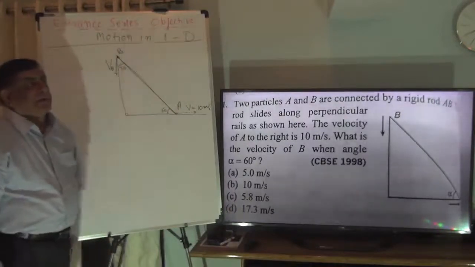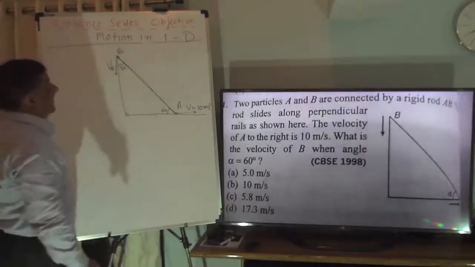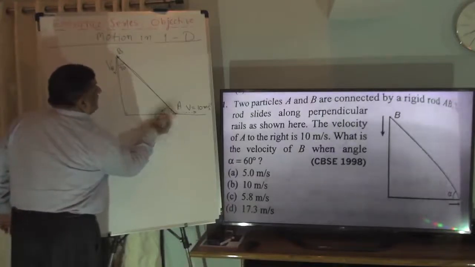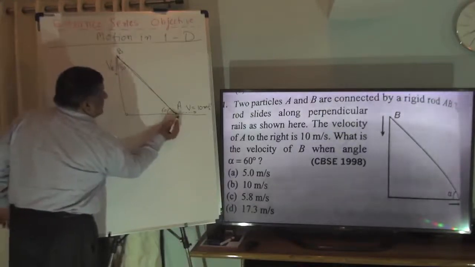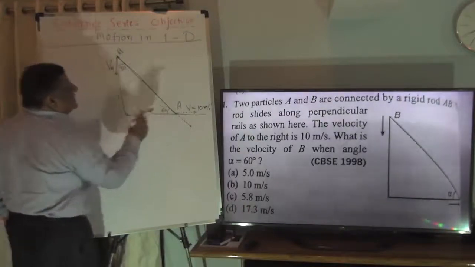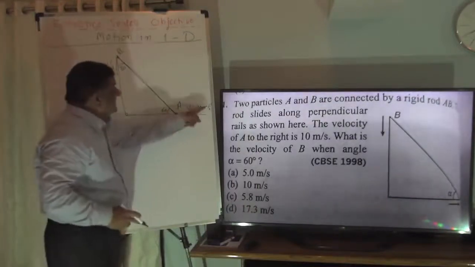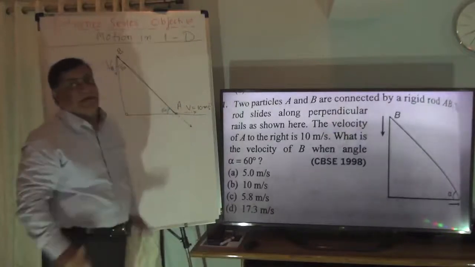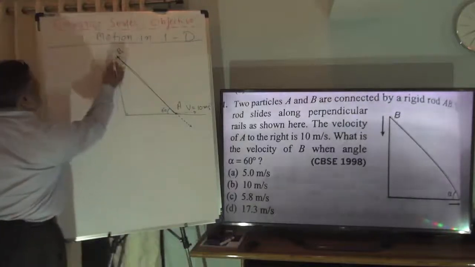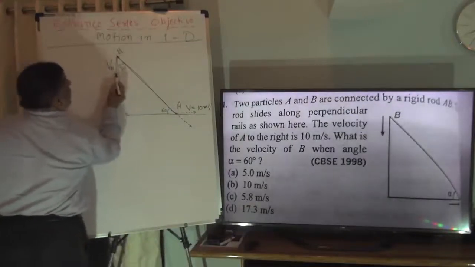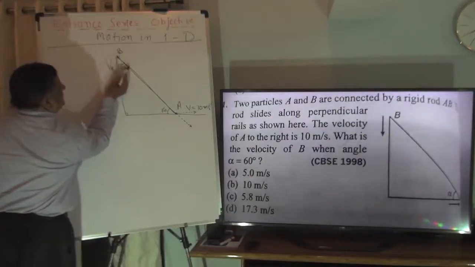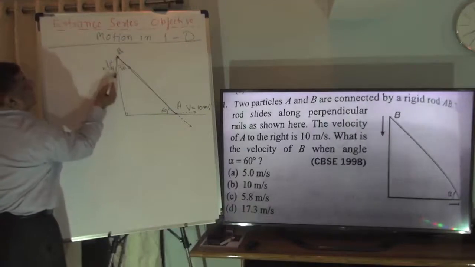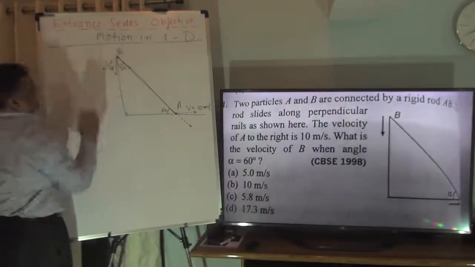How can we convert it into an equation? Okay, I can think of one thing. Tell me, we know about relative velocity. If this particle is moving in this direction, it has a certain component. If velocity 10 is in this direction, there must be some component of velocity in this direction. If this is the velocity in this direction, it again has two components, one is this and one is this. So, it has got a component in this direction.